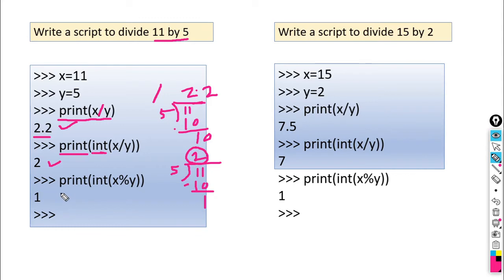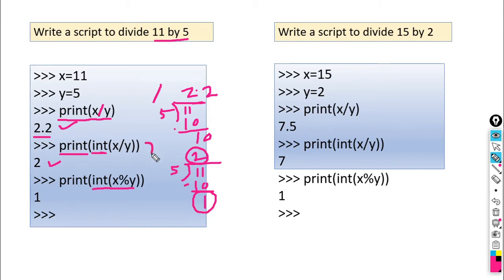And when we write print int x modulus y, in the last video we have seen the use of this modulus operator. It gives you the remainder. So when we perform this type of operation, x modulus y, what does it give here? 1. 1 means the remainder.